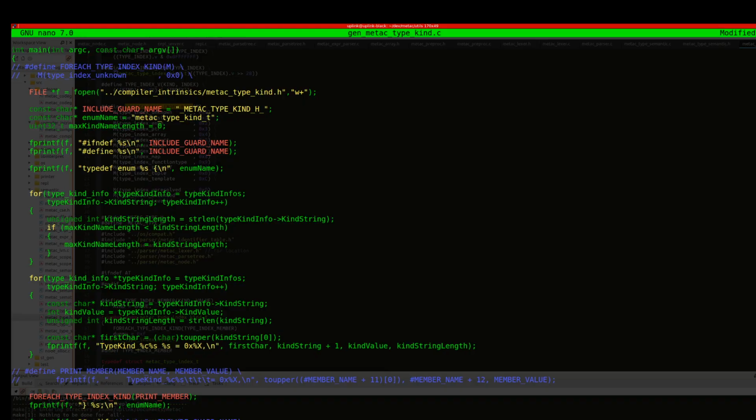Yes, and this is then the indent. And the indent is simply the max kind string length minus